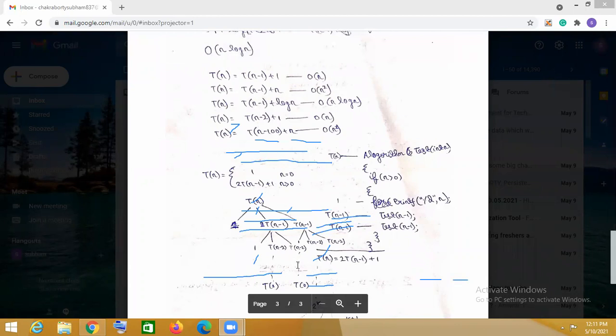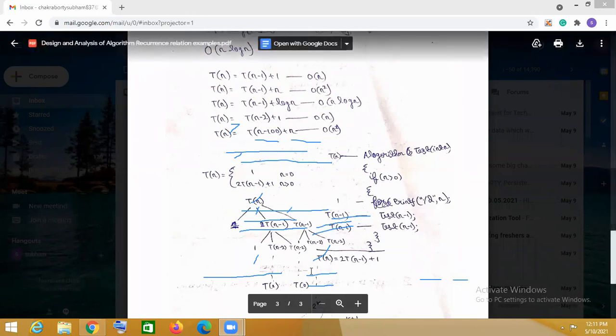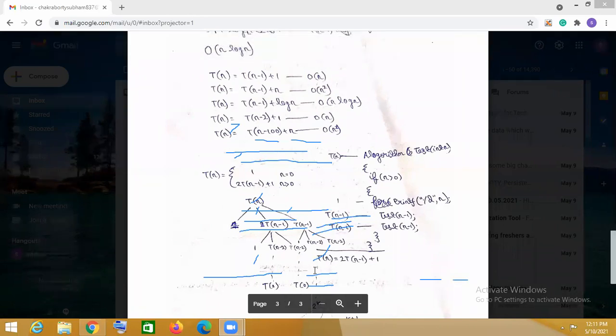You can see now, after this, you have to solve this problem using a recurrence relation. So I think you can solve it. T(n) equal to 2T(n minus 1) plus 2, first using the recursion tree and then using the